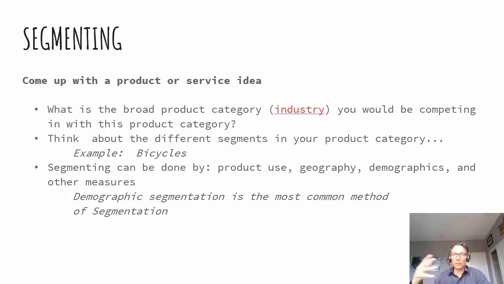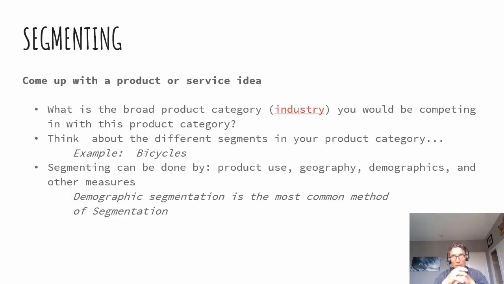Demographics are by far the most common. Demographics are identifiable ways of describing your target audience. I'm sure you've heard of the term demographics, and it's a way of quantifying a potential prospect, a customer. Age, income, gender, ethnicity, household income, those are all demographic descriptors. And we describe our audiences first off by using demographics because it's an easy way to identify the customer. And it's the most common way of segmenting.